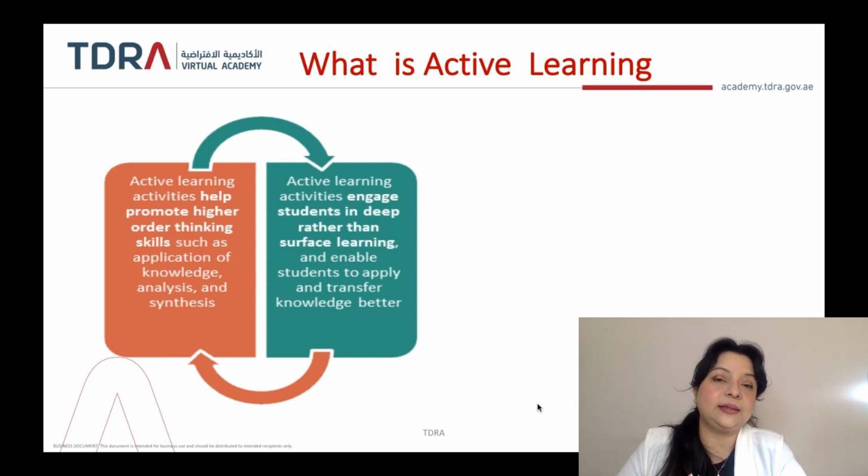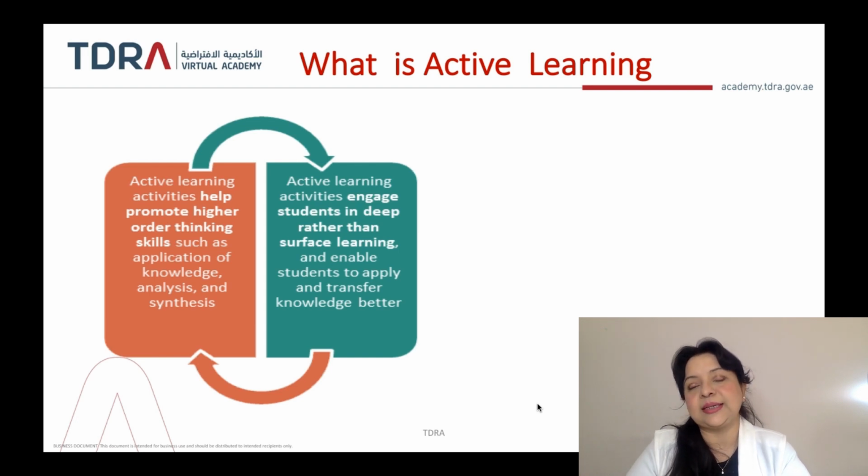So first of all, they develop what we call HOTS, or the higher order thinking skills. We will go a little deeper into that and we'll talk about metacognition in a few slides. But what active learning basically does is to help us have more knowledge, more analysis, more evaluation of our subject, more synthesis and more application, and also a deeper conceptual understanding. It also facilitates a lot of deep learning. This deep learning we will discuss later on.